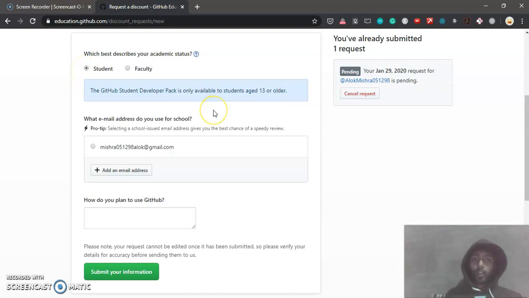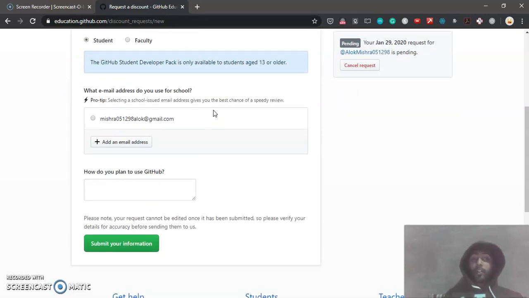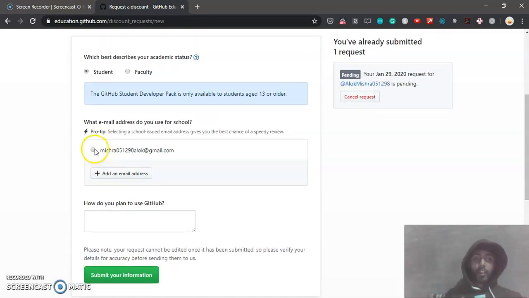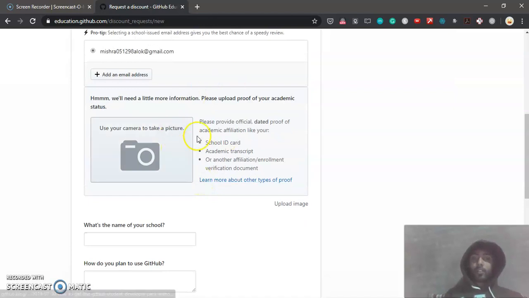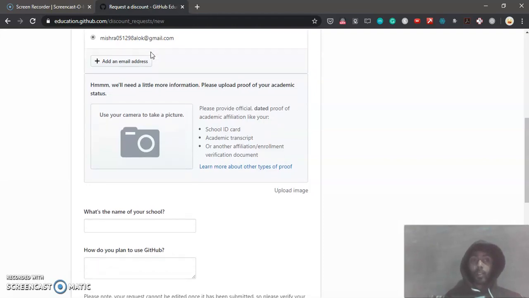If you are a student somewhere, you have to select your email ID, and because we do not have an .edu mail, we have to give them a proof which shows that you are still pursuing your curriculum, meaning you are still a student.